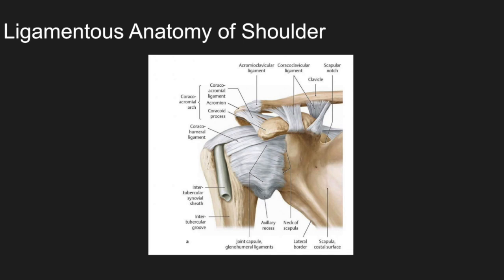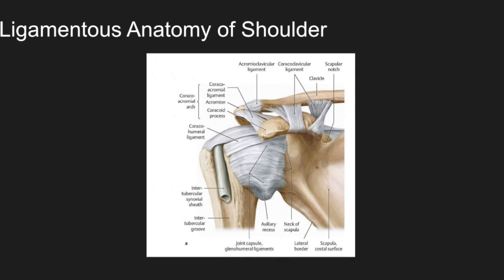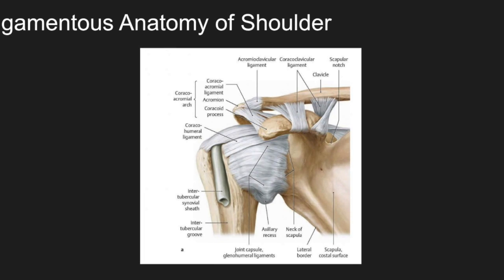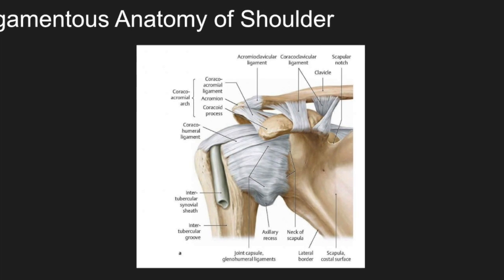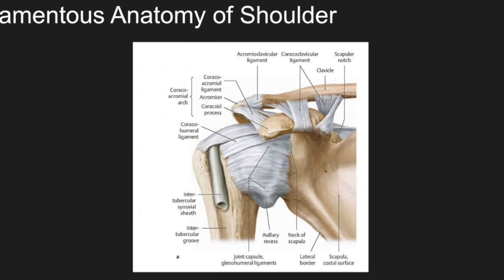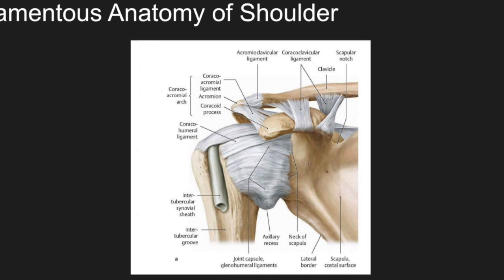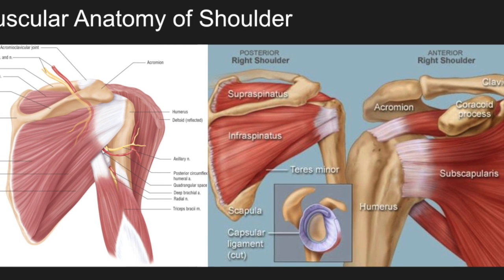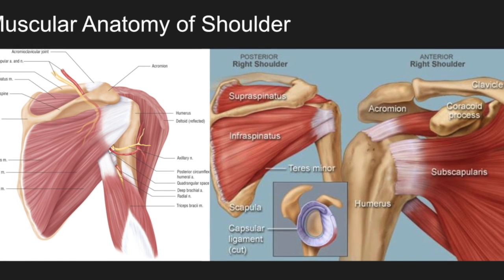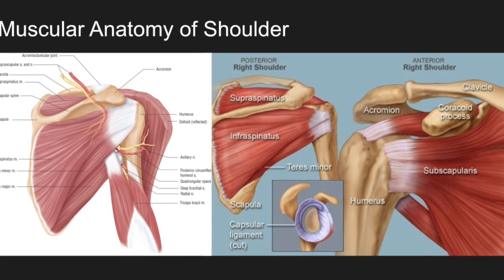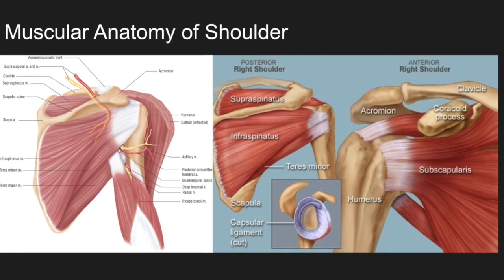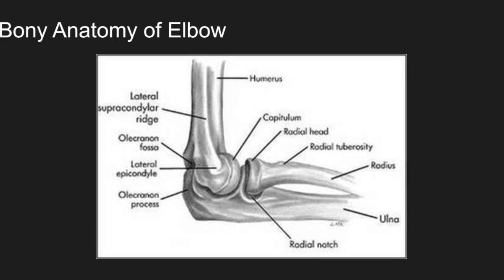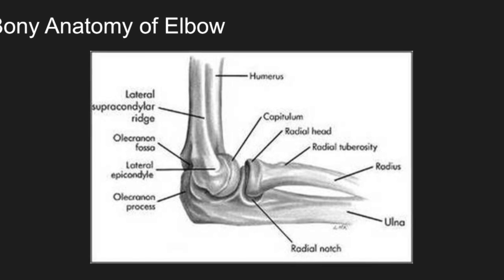The ligamentous anatomy of the shoulder includes the coracoclavicular ligament, acromioclavicular ligament, coracoacromial ligament, the coracohumeral ligament, the joint capsule, including the glenohumeral ligaments. The muscular anatomy of the shoulder includes the subscapularis, the supraspinatus, the infraspinatus, teres minor, teres major, and the deltoid. The bony anatomy of the elbow includes the olecranon fossa, lateral epicondyle, olecranon process, humerus, capitulum,